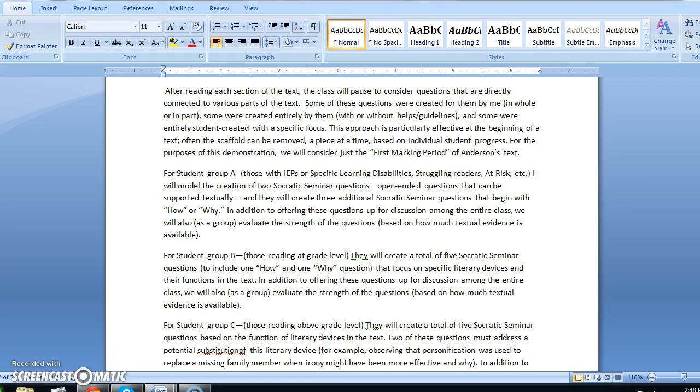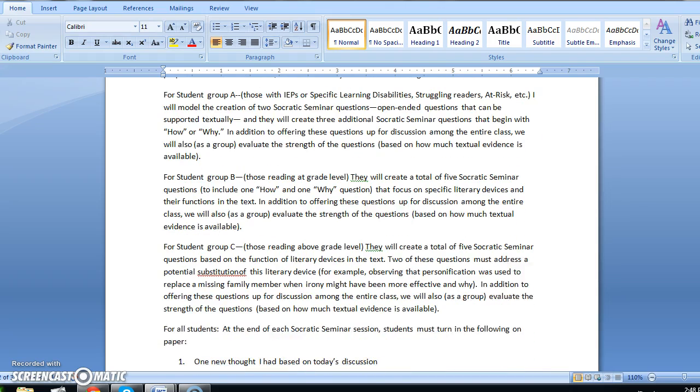Now for student group B, those are my students reading at grade level, they are going to create all on their own a total of 5 Socratic Seminar questions. One has to be a question that starts with how, one is a question that starts with why, and the other 3 can't start with how or why, but they all 5 have to focus on specific literary